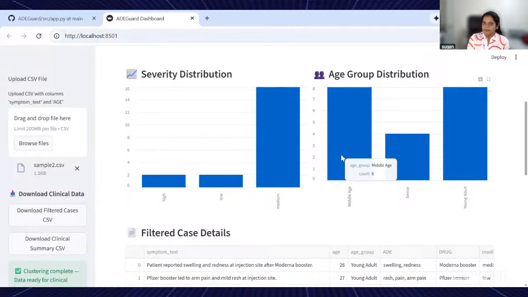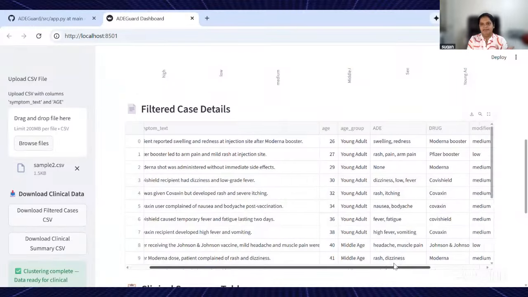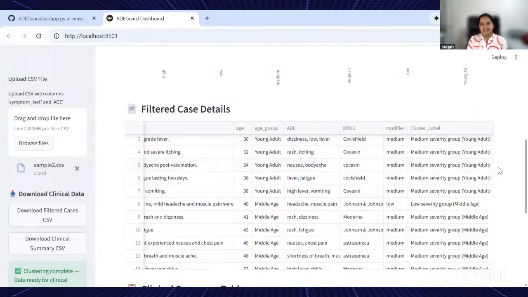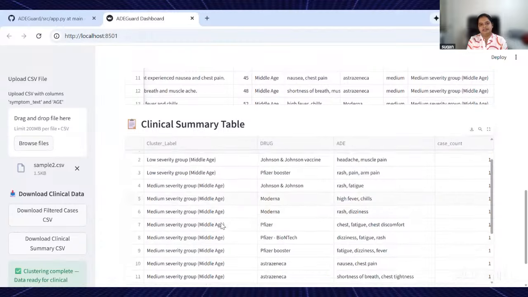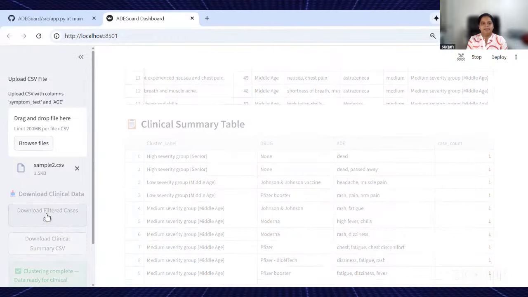This is just a map which is being formed from the inputs which I gave in the CSV file, and these are the extractions. These two can be downloaded as well, and they could be used by the clinicians to make further decisions. Once all analysis is completed, we can download the files. So this is the demo of the system which I have designed.